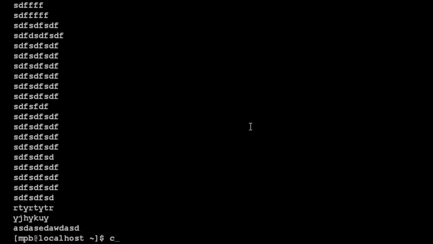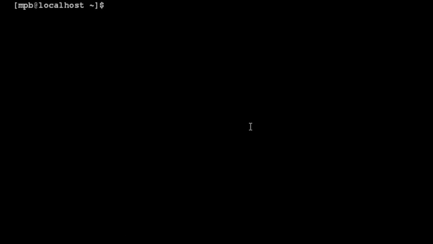And now we have to use the more command. We have to use space to scroll the file, J to scroll forward one line, F to scroll forward one screen, B to scroll backward one screen, K to scroll backward one line.